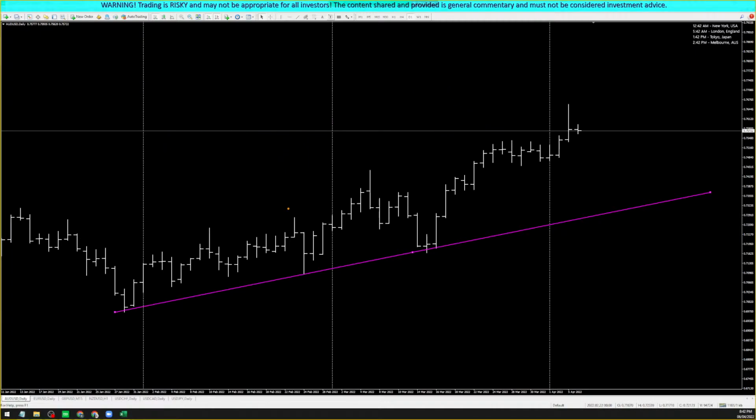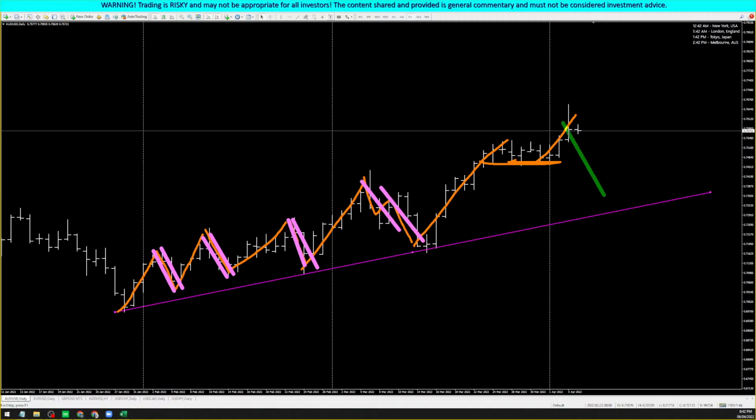So in this case, pansinin nyo yung pattern ha. Up, down, up, down, up, down, up. Several waves there going down. Then a big up, a little bit of sideways here, consolidation, then the price goes up. So if you follow the pattern, for me personally, I would anticipate for these things to happen. I will highlight it in pink or purple, depending on your screen resolution. I will anticipate for this pattern to continue. If you notice, ito yung i-anticipate ko na mangyayari naman dito. In fact, dito pa lang ina-expect ko na siya.